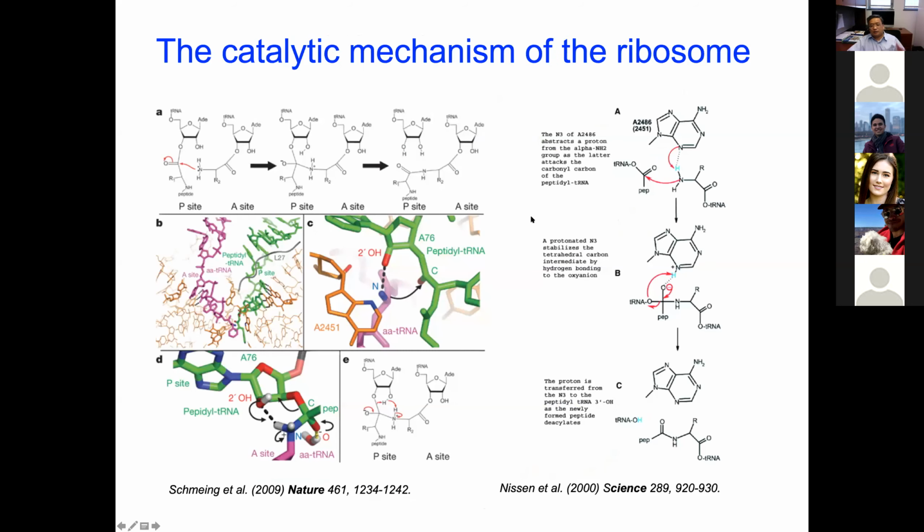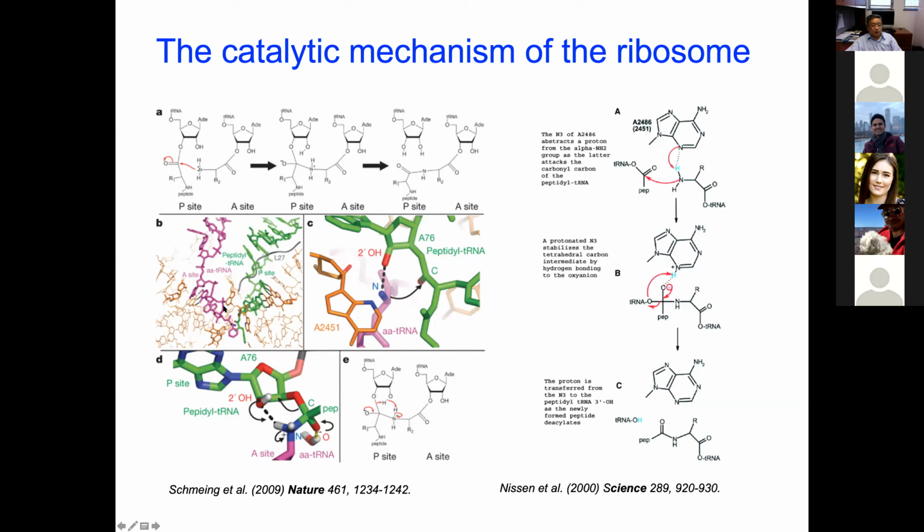So I will not get to the details. This is some of the structure details of the active site. And this is the A site, which you have amino acid coupled to the tRNA. And then the P site, which has peptide coupled to the tRNA. And then the ribosome actually catalyzes the reaction between this amino acid's amine group to allow it to launch a nucleophilic attack of the ester bond between the P site RNA, and eventually resulting in the transfer of that polypeptide to the tRNA at the A site.